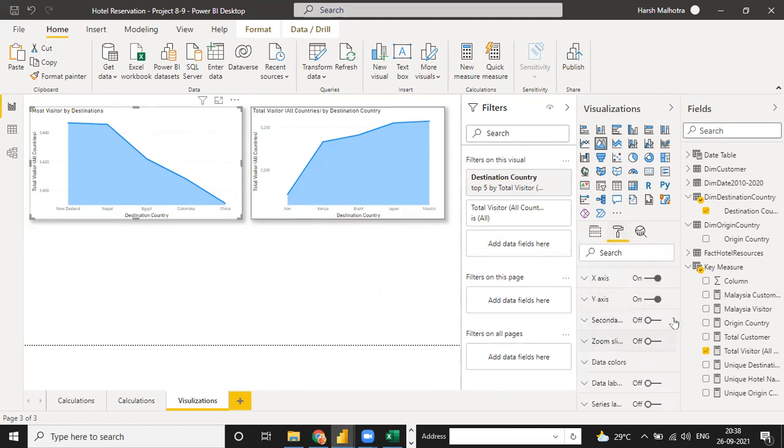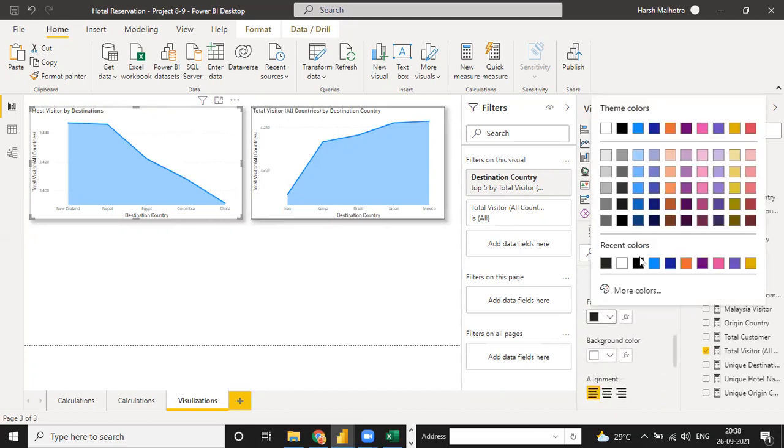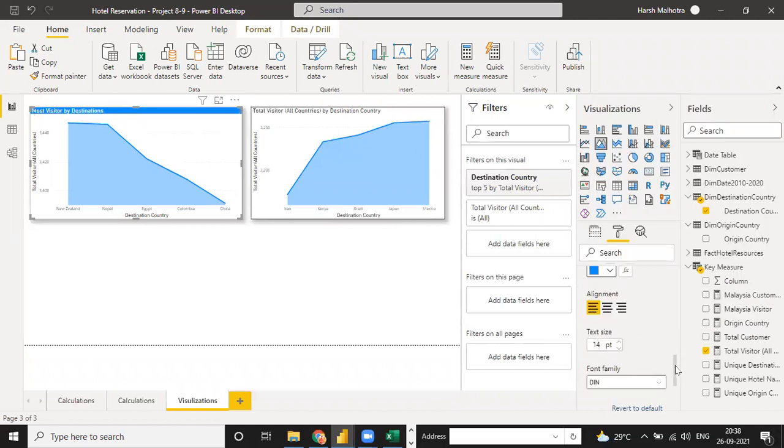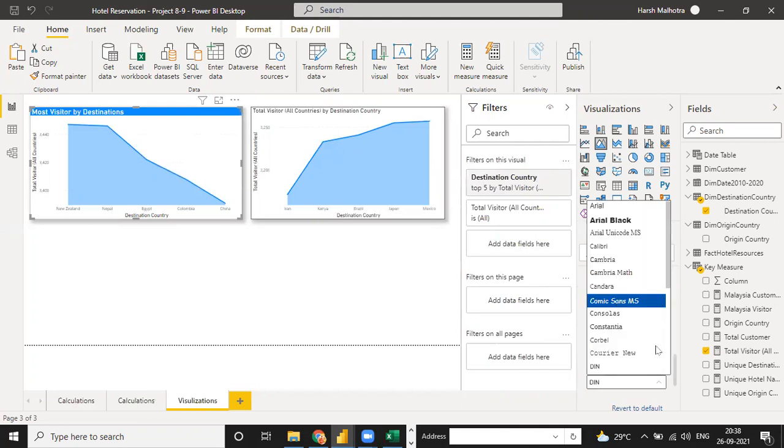Go to this formatting. You can change the color to white. You can also change the font.